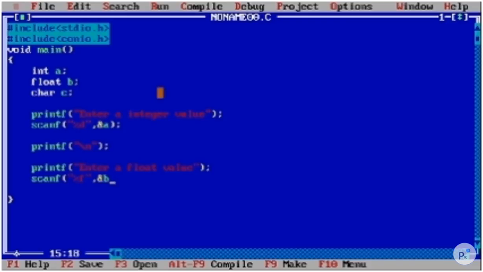Okay, what happens if you give a variable name of a different data type, but you are taking the value into another data type? Let's see that.